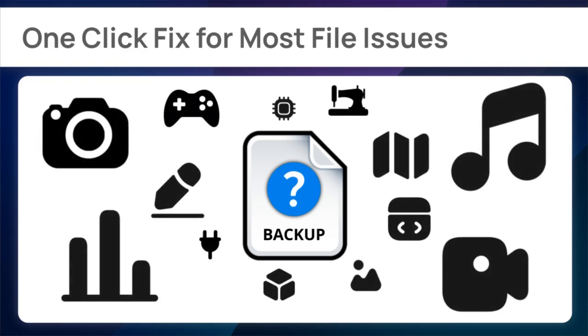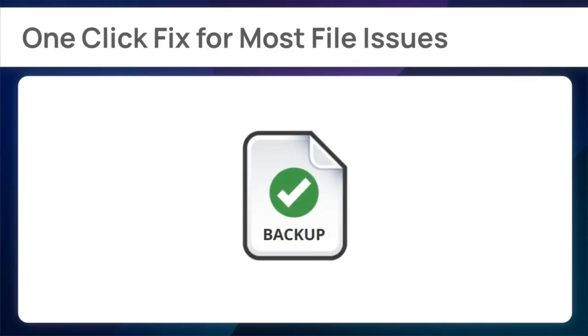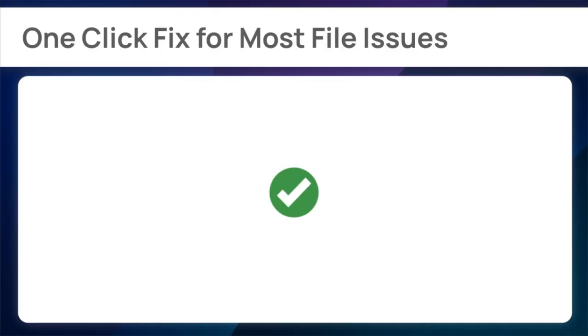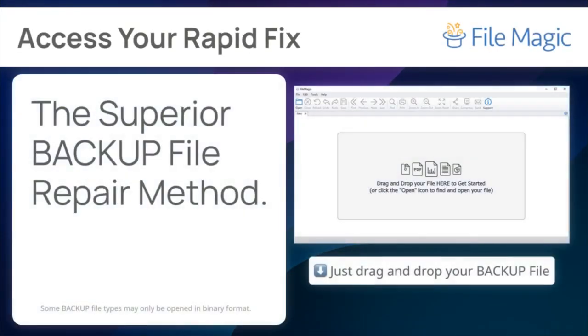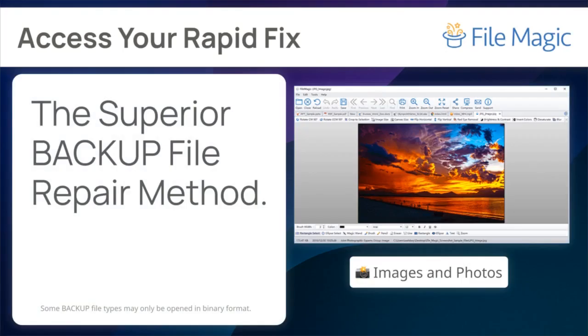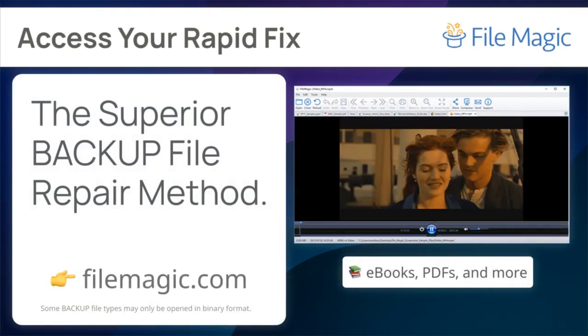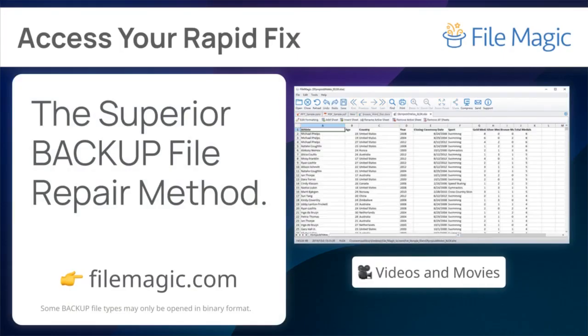Using raw-level data inspection is a recommended method to try and uncover a file's true requirements when the extension label is unclear or shared. The complexity of this file is clear now when the other solutions have failed. Your best chance for recovery lies with a superior program like FileMagick. Access it at